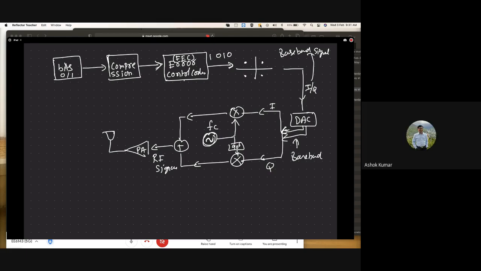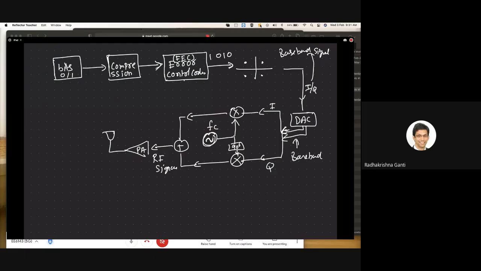So that means some algorithm will convert that into a number depending upon what QAM we want to use, and that number will be an input to that DAC, right? Yes, input to the DAC. The complex number will be input to the DAC. The DAC will convert that into 2 voltages, one for I, one for Q, and that will be fed. So this is called the mixer. This is the oscillator.